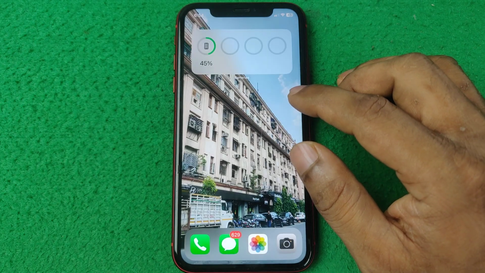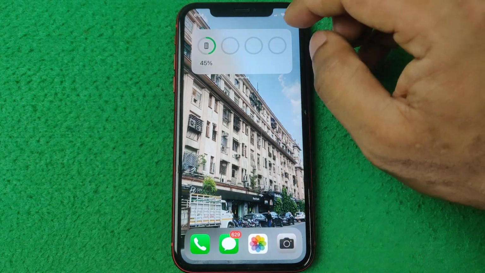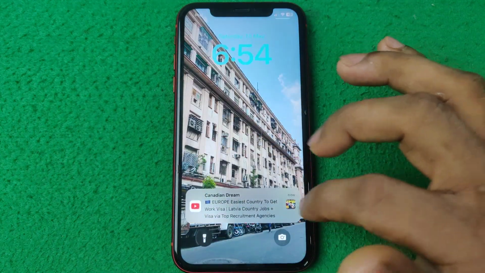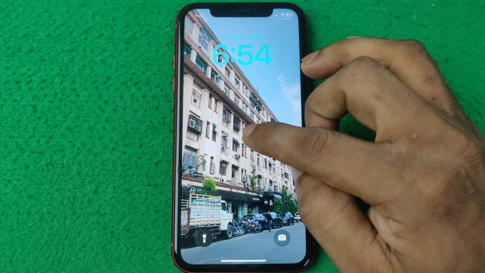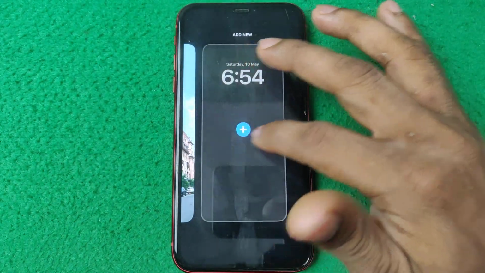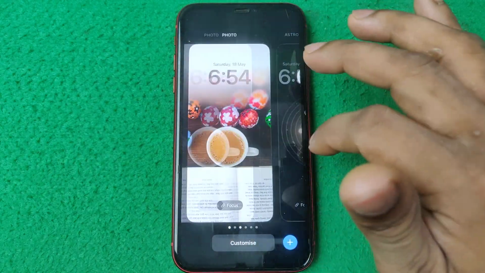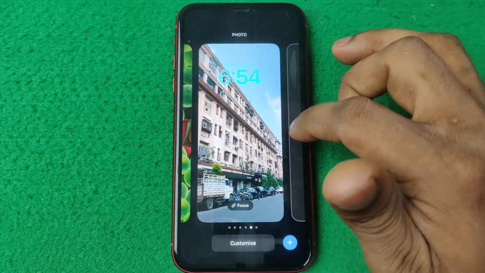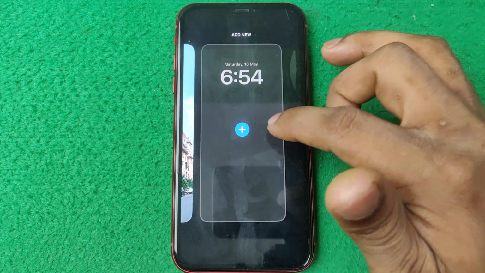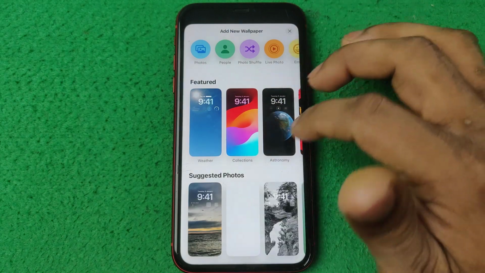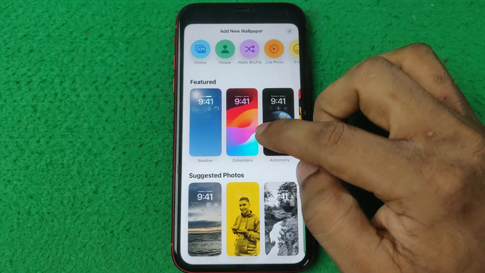So let me show you from the beginning. First of all, on your iPhone, swipe down from the top, then press and hold on the lock screen, and it opens all of your already set wallpapers here. But on this screen you need to just swipe left, then tap on the plus icon, and here it opens all the default